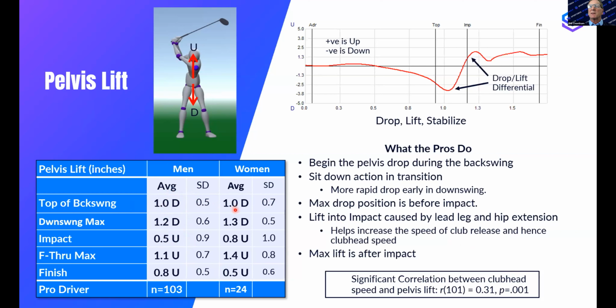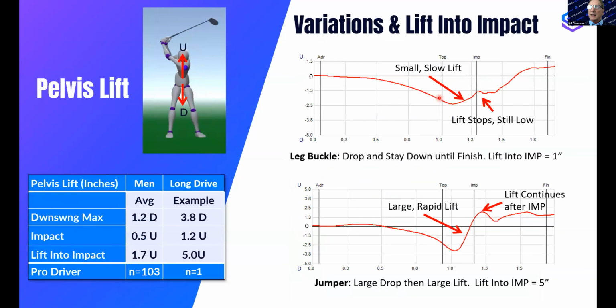And it shows you the difference between women and men. This is not the webinar to discuss each single one of these. We have done that in the past, and you can certainly review them later on the video for sure. But again, the key point here, in the next slide, is that we have this lift into